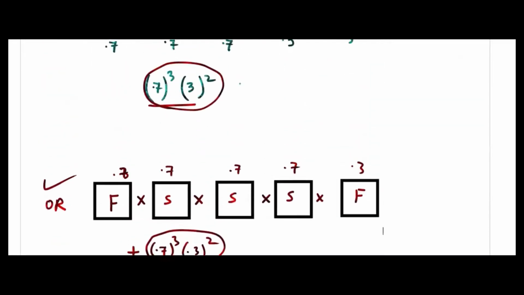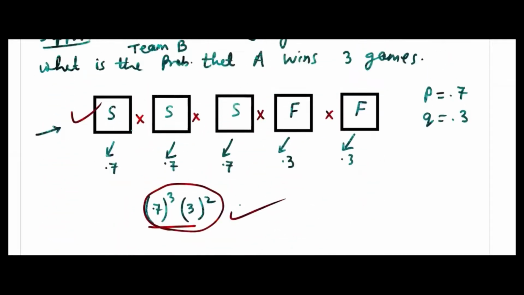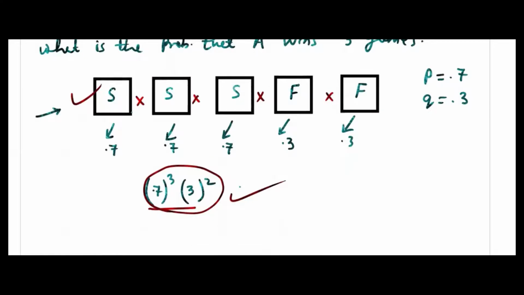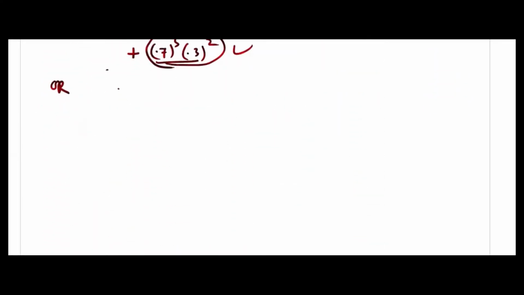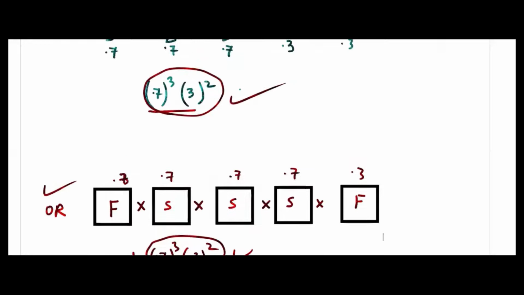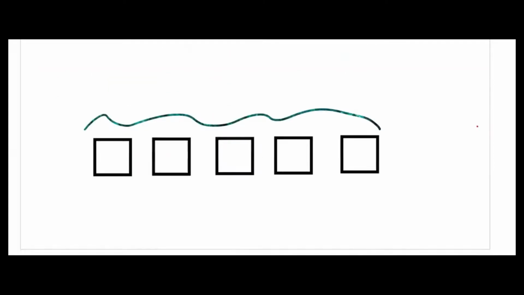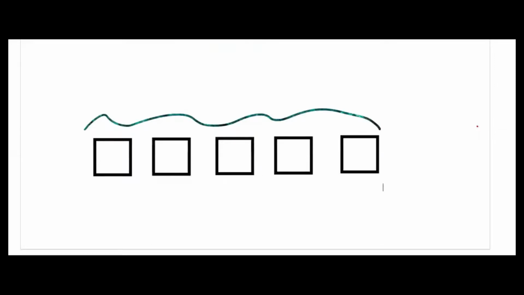How many ways will you get? This is one, this is one, they are the same. You have to apply combination here. If you don't know combination, you can go through the combination recordings. I've already sent those to whoever asked me. So remember, instead of doing it this way, we have to select. You can get 3 successes. Out of 5, you have to select 3.